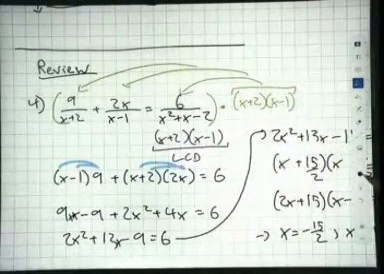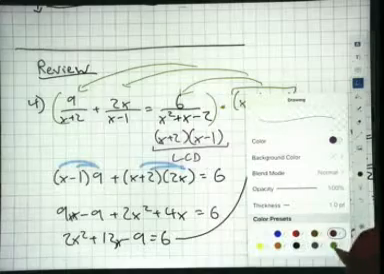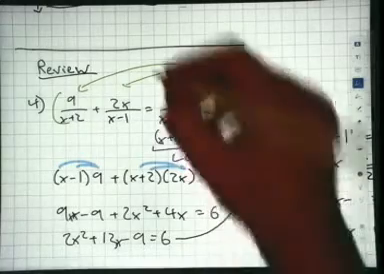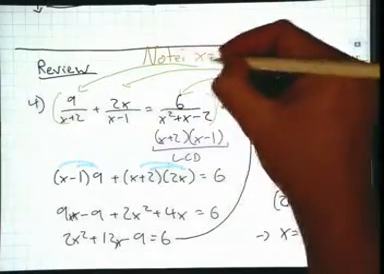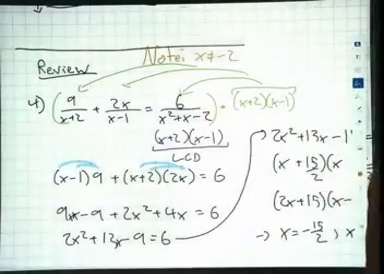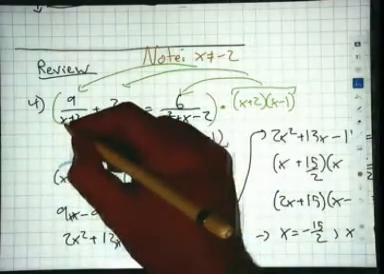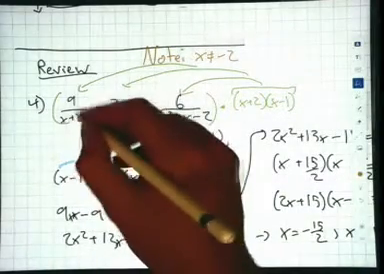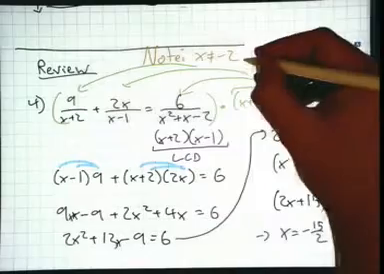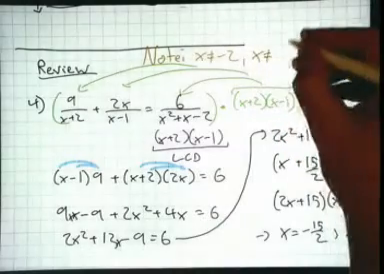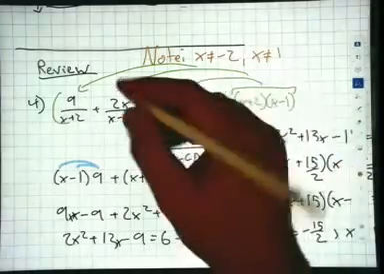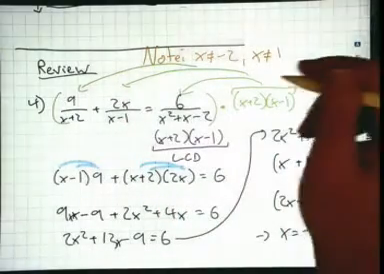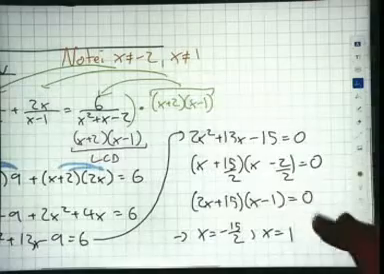And before I box this in, I'm just going to come back over here. I'm going to make a note to myself. Here's my note to self. Note that x cannot equal negative 2, because if x equaled negative 2, negative 2 plus 2 would be 0. You cannot divide by 0. And note that x cannot equal 1, because 1 minus 1 would be 0. You cannot divide by 0. And since my answer's here,